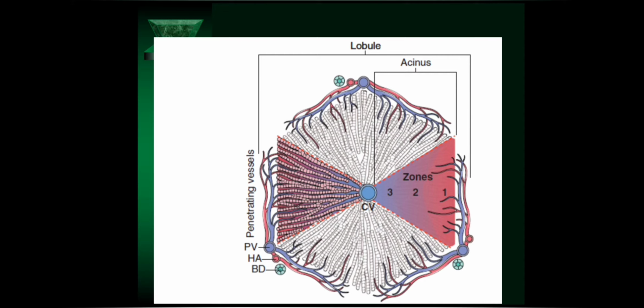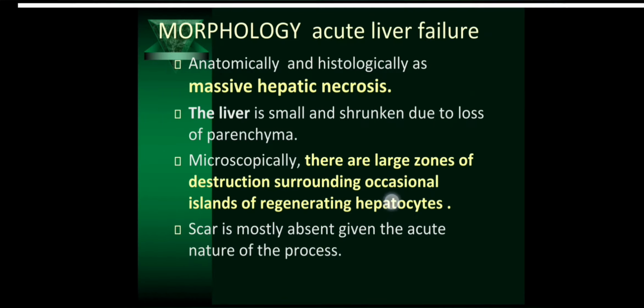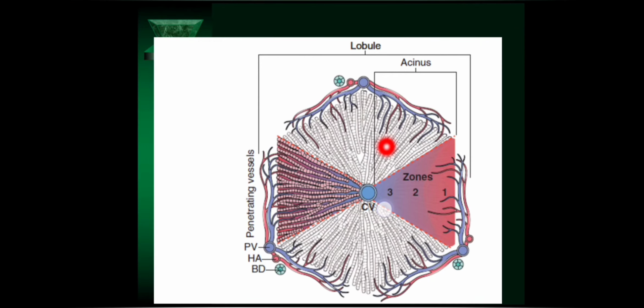So this is how the lobule and acinus are distributed. Earlier I showed you a classical lobule; a functional lobule and a classical lobule are two different types. A classical lobule will have a central vein in the center, and in the periphery you have at least 3 or maximum 6 portal triads. Each portal triad will have a portal vein, a hepatic artery, and a bile duct.